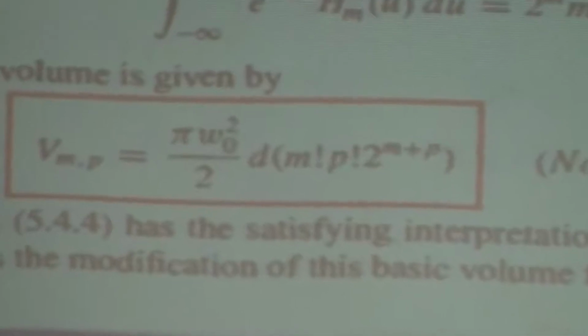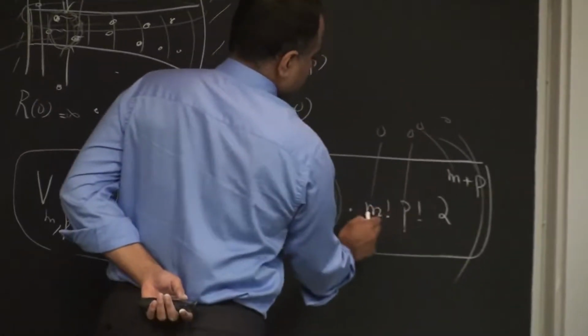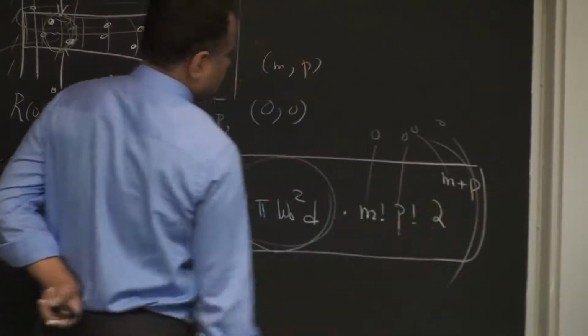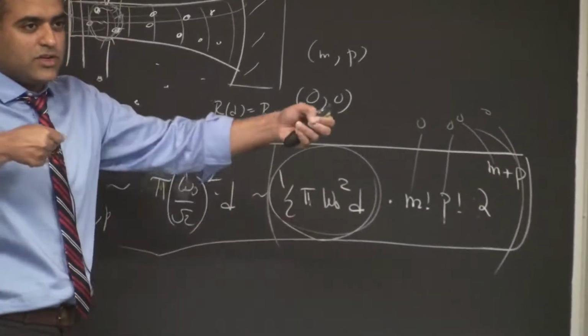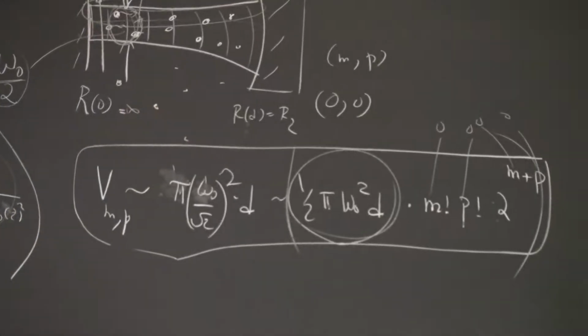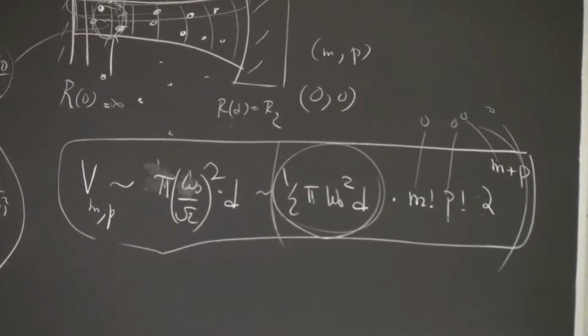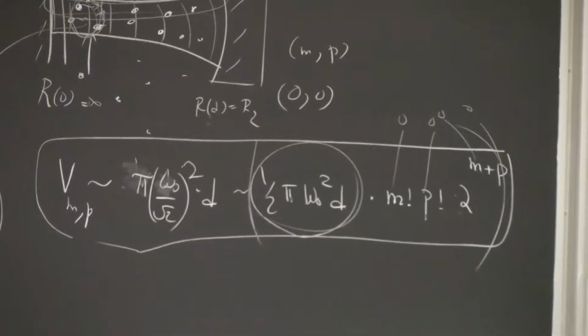And you can put m and p equal to 0, 0. You get at least an intuitive answer. 0 factorial is 1, and 2 to the power 0 is 1. You get something that seems reasonable, right? I mean, volume is cross-section area times the height, thickness or the length. And I'm going to just, in the interest of time, outline how you do this.